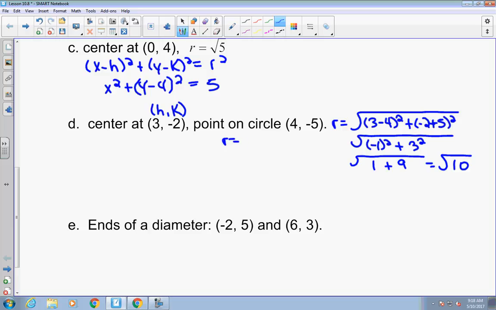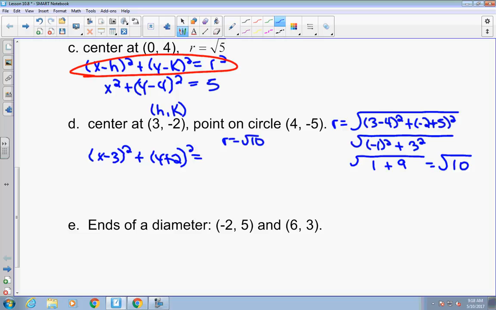So my radius is radical 10, and I've got my h and my k, so now I want to plug it into my equation. Remember this is your equation up here. So what would that look like? X minus 3 quantity squared plus y plus 2 squared equals, when you square the radical 10,